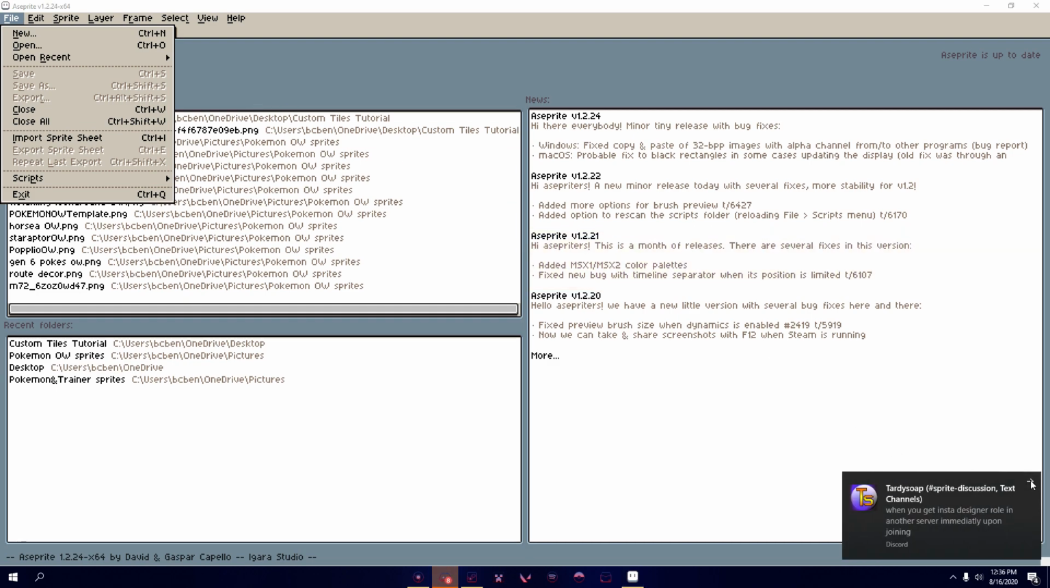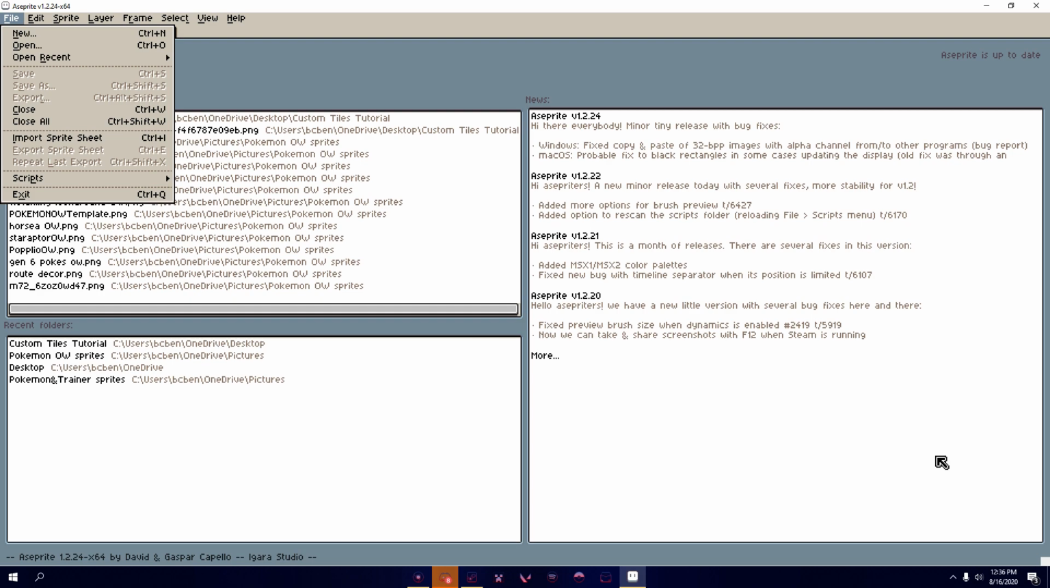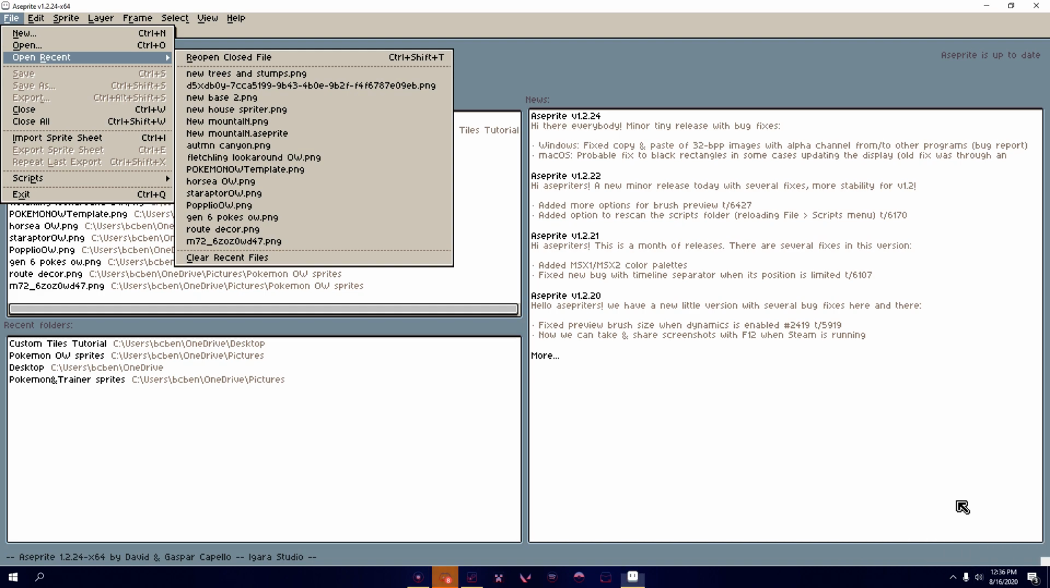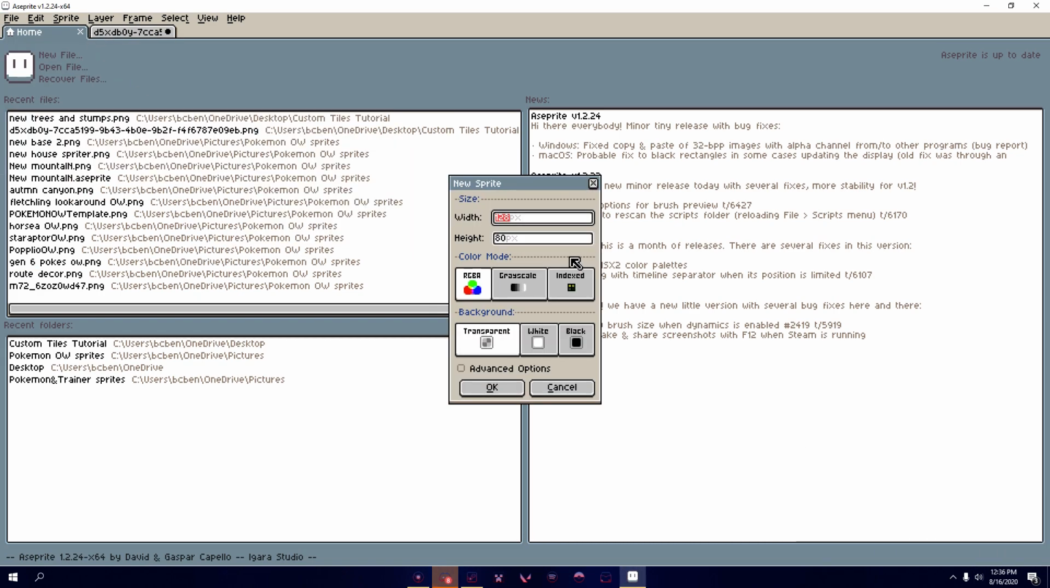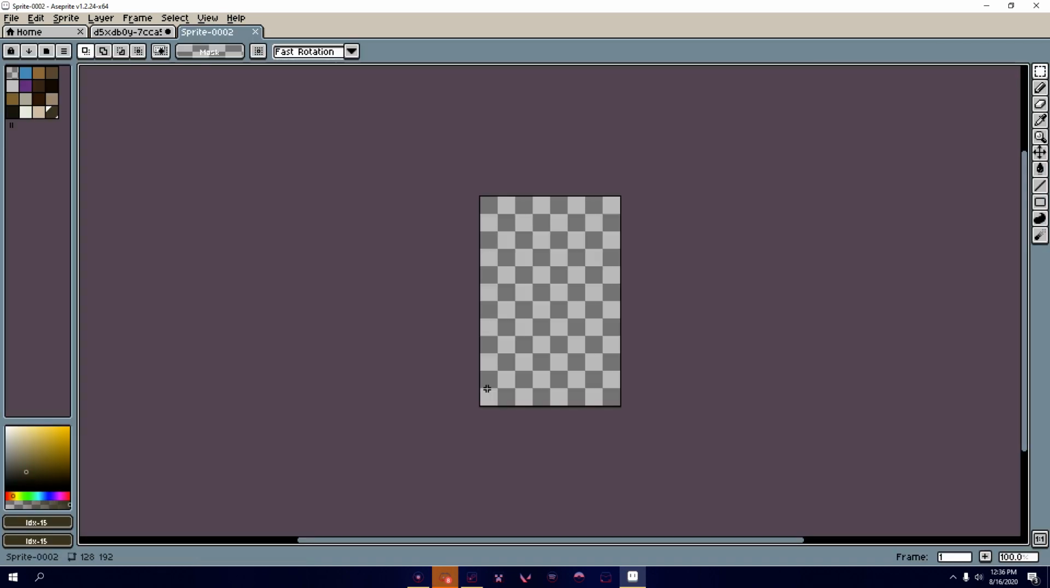It is 128 pixels width and 320 height. Now, if it's tile set 2, which is where the majority of custom tiles will go if you're not doing a full revamp, it'll be 128 by 192. So I'm going to create a new file here, 128 pixels wide and 192 tall, because I'm going to be